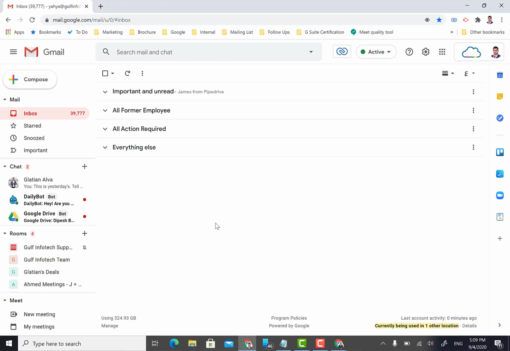So now let's jump into the web interface of Gmail and see the new integrations in action. As you can see, the Gmail interface has slightly changed. A certain remapping has been done. Certain modules have been reshuffled and repositioned, like the active button, which is now on the top right corner of the screen,